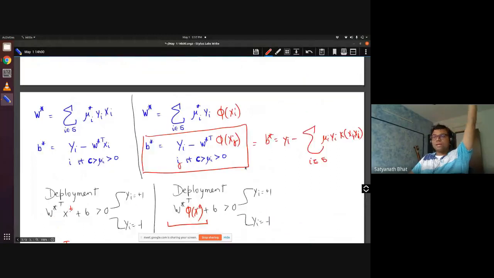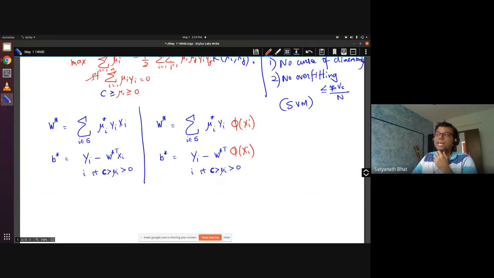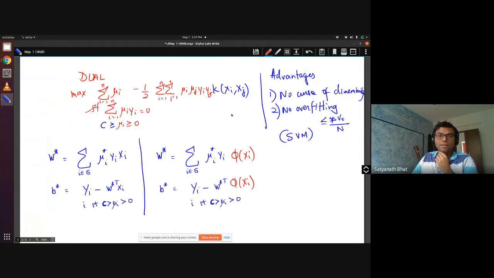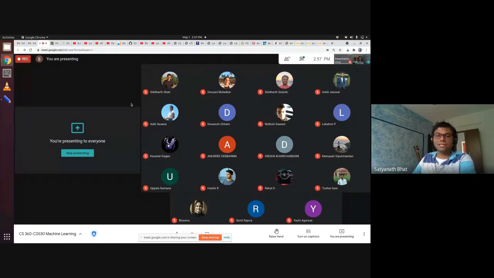So we are done. I think all the aspects that I wanted to cover are over. In fact, there are a few things about how you choose a kernel, what functions can be a kernel. All those discussions are there, but due to lack of time and the online mode, there is only that many things we can cover. I wanted to show you how to write the dual for this, but that I couldn't do. Perhaps I will make a recording and I will share it with you. So that's about it. I have finished in time. I didn't want to make you wait in the last class.